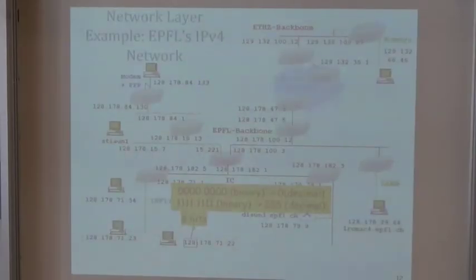So the internet is based on packet switching. Here is a small fraction of the internet, which is a snapshot of the EPFL network. What is visible on this? We see computers. It's an old-style picture. Most of them would be tablets or smartphones today. Those cheese boxes are routers.